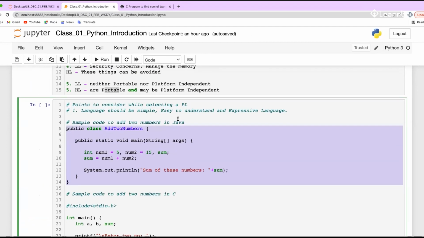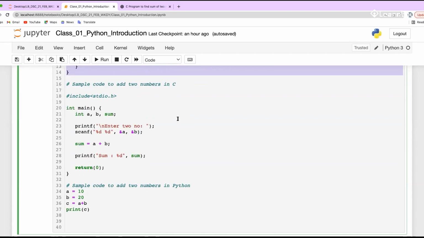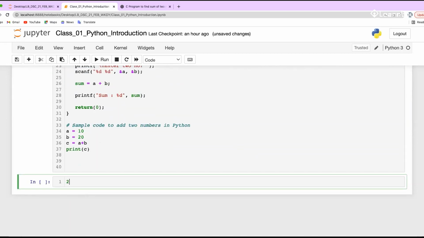Now let's come to the points that we were discussing. Language should be simple, easy to understand, and expressive. Point number 2. Whenever you are going to select a programming language, you should check whether that programming language